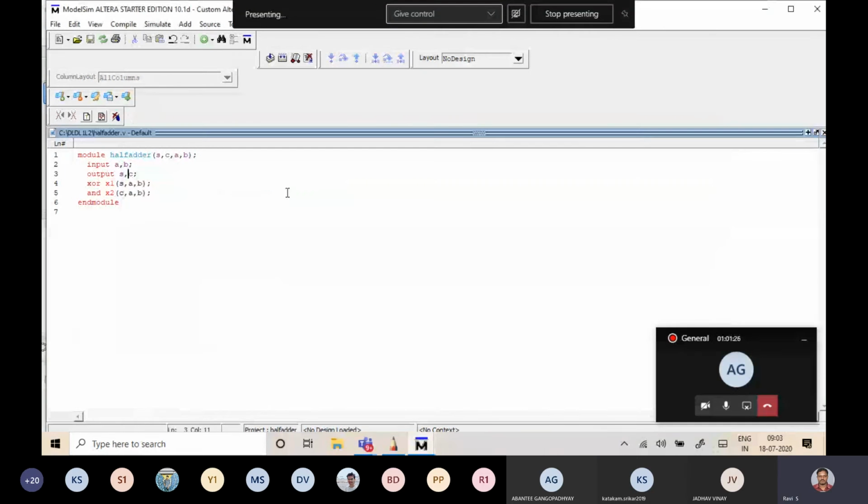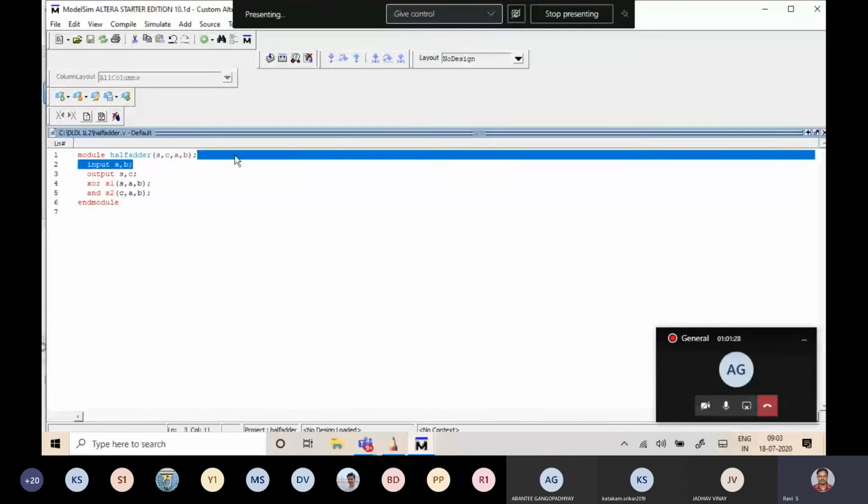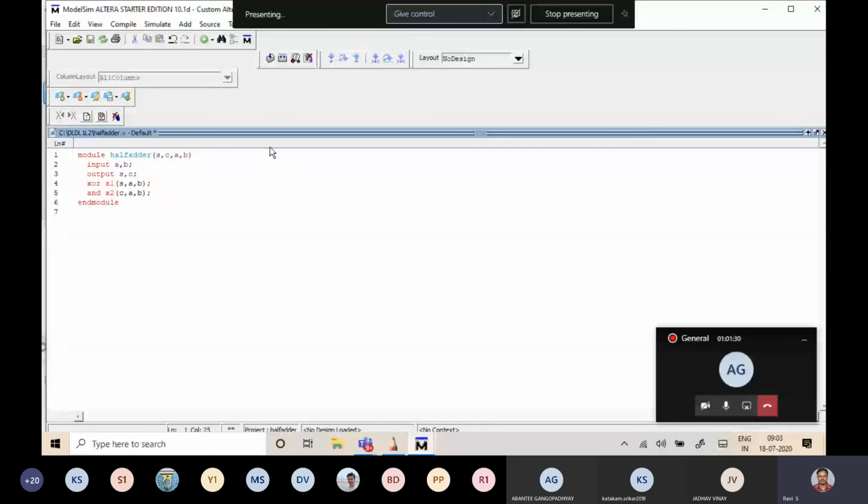Now I'm removing one semicolon in the first line. I'm just introducing one error. Definitely you will commit some errors. So how to overcome those errors? For that purpose only, I'm introducing one error and telling how to overcome it.